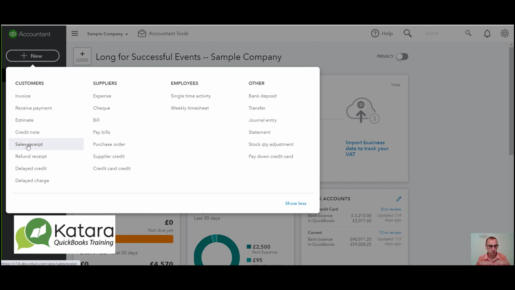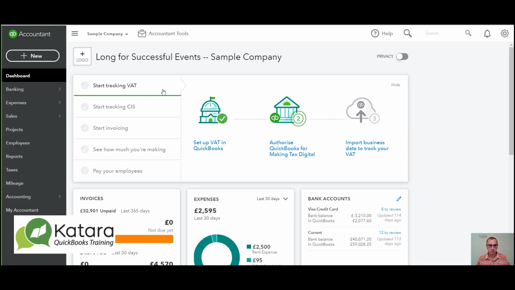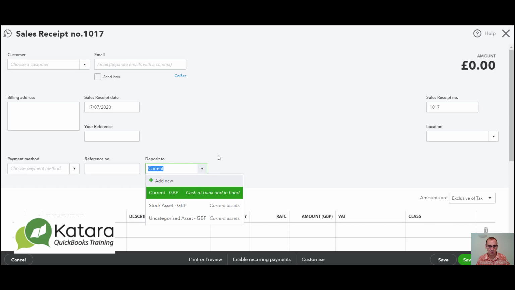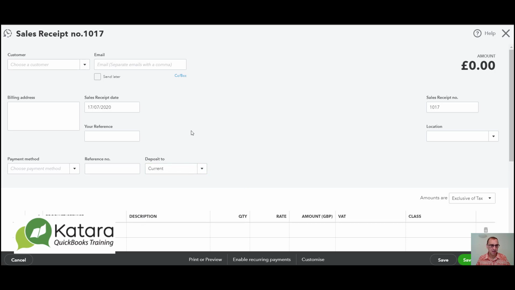So if we go to our sales receipt form, you can see in the sales receipt form that we've got an option to bank the deposit of some money. So we have to pick a bank or cash account there to deposit money to. At the same time, we're selecting our product and service to say we've got some income to book into our QuickBooks. So it's all happening in one form. So sales receipts are typically quite useful for online sales, perhaps retail sales in shops, where we're not giving credit